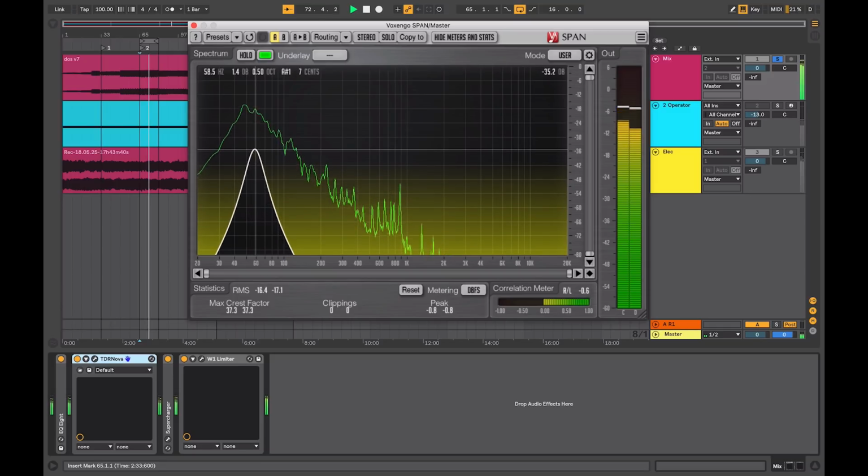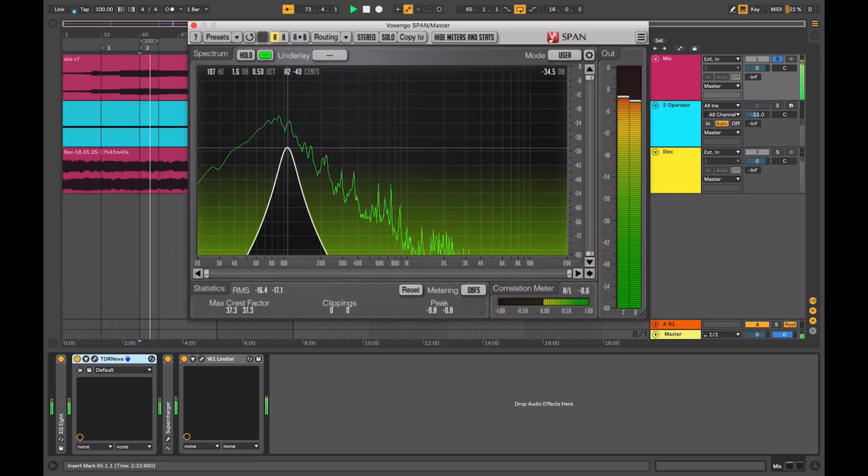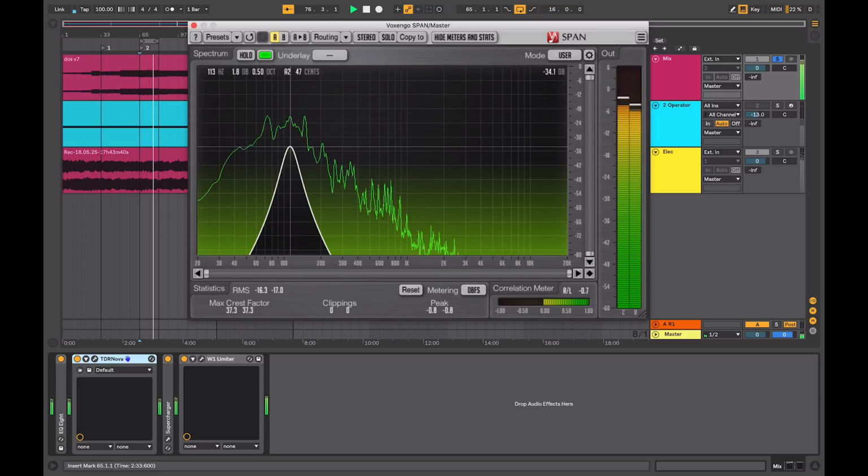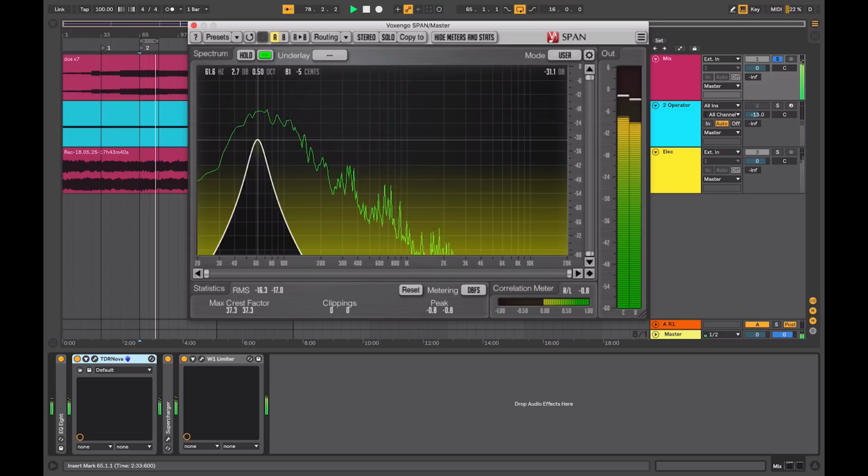And if I scroll up more, you can see that that's probably maybe the first harmonic in the sound. A bit more punch to it there. So that if I wanted to add more sub,